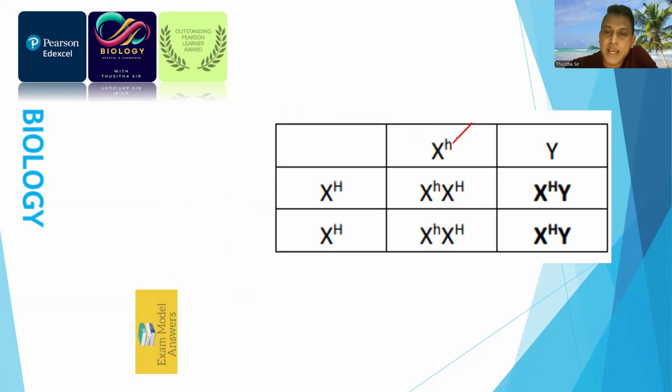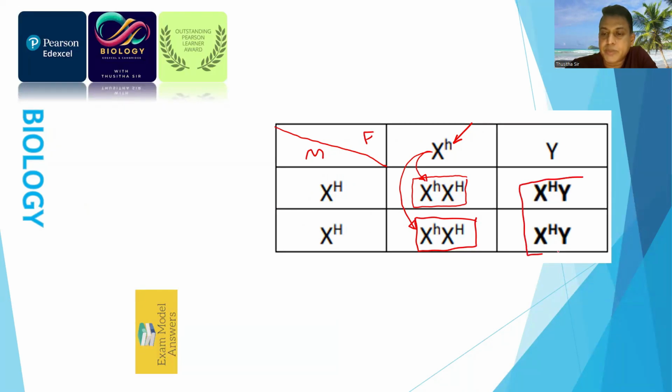So this is a hemophilia X with small h, and a male can express the condition with a single allele because Y doesn't carry any alleles. So this one belongs to the father and this belongs to the mother. So mother is completely normal. Mother has no hemophilia. That's homozygous dominant, capital H, and this represents the mother's and father's combination. So this is female, this is coming from father. This is female and the mutated allele is coming from father. When you get the son, completely normal, only Y is coming from father and the healthy X is coming